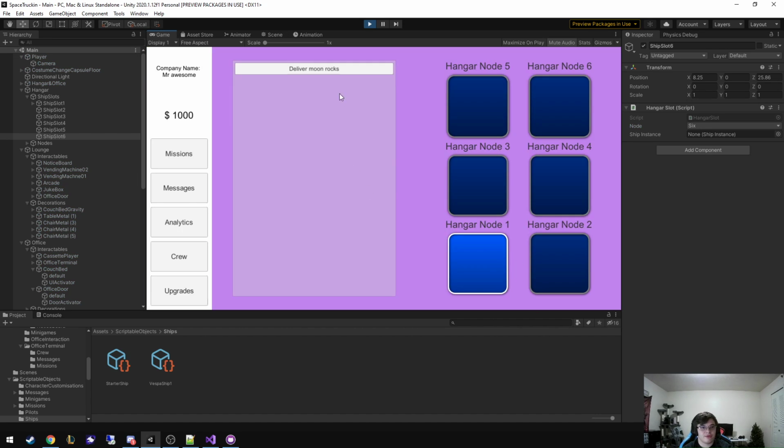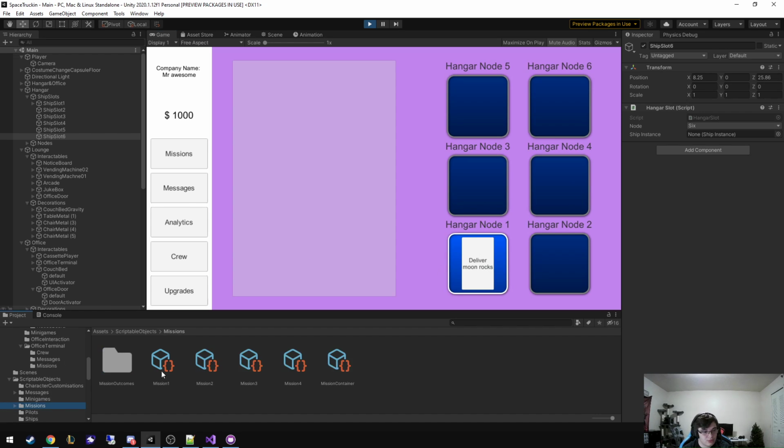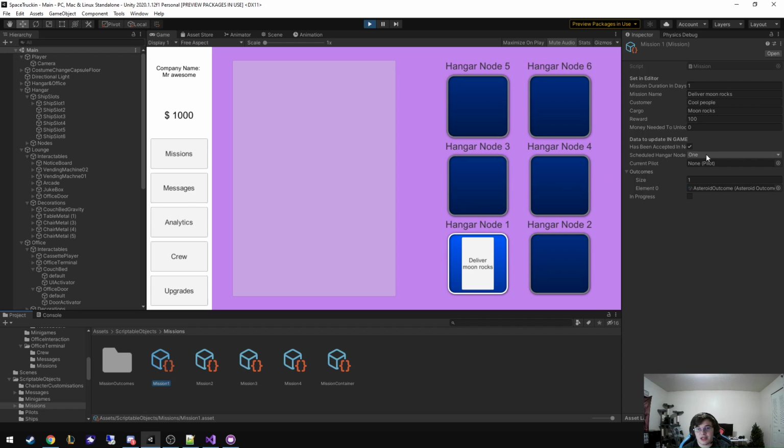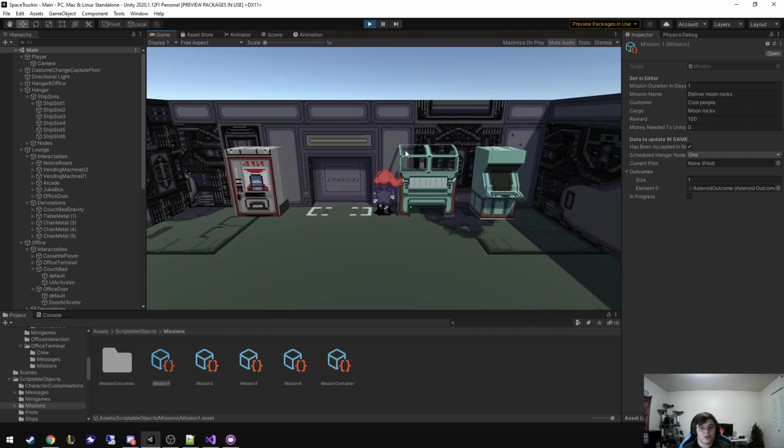Okay, so now the first node should be open. I can't drop it into any of the others, but I can drop it into here. I can let it go. If I drop it in here, I leave and I come back, it's still in there. Okay, so now it's technically scheduled. So now if we go look at our mission, it is scheduled in hangar slot 1. So when I go to launch,